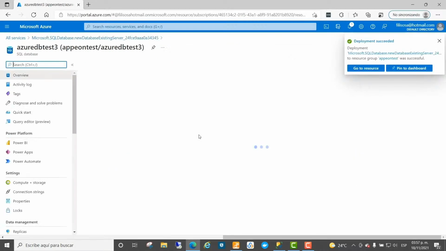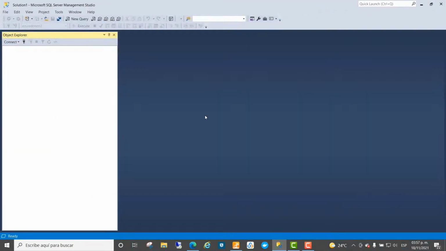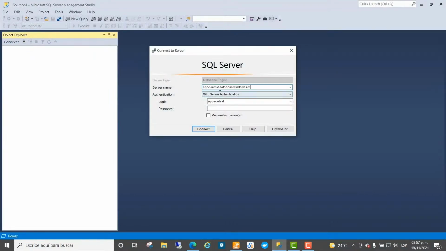I'm going to go to the resource, and here's my database created. So what Azure does is create an address for me here, appntest.database.windows.net. I'm going to use SQL Server Management Studio so you can see our database. So I'm going to choose connect database engine. I'm putting here appntest.database.windows.net. I'm going to put my user and my password. I'm going to connect,